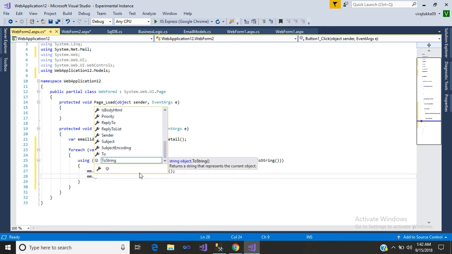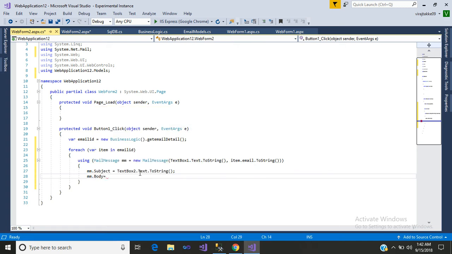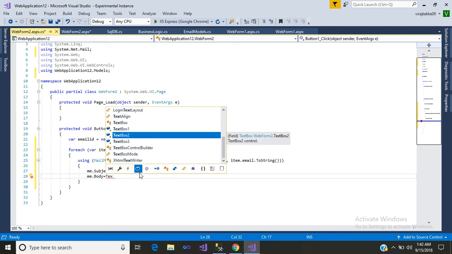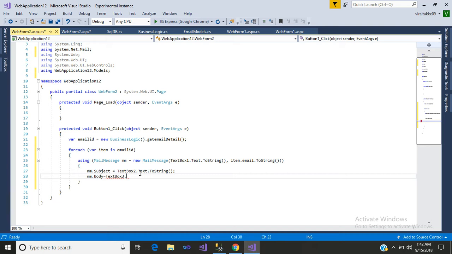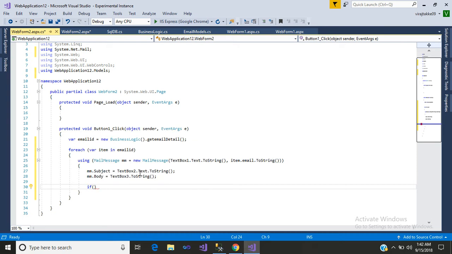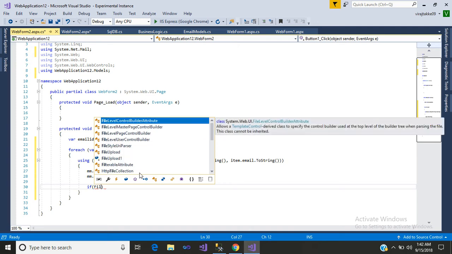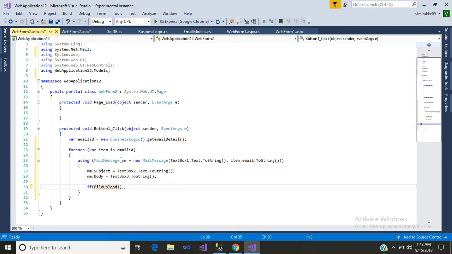Dot body is equal to text box 3 dot to string, semicolon. Now here I will use my file upload concept. So I will write for file upload 1. First I will check whether it consists something or not, so that if file upload has file,